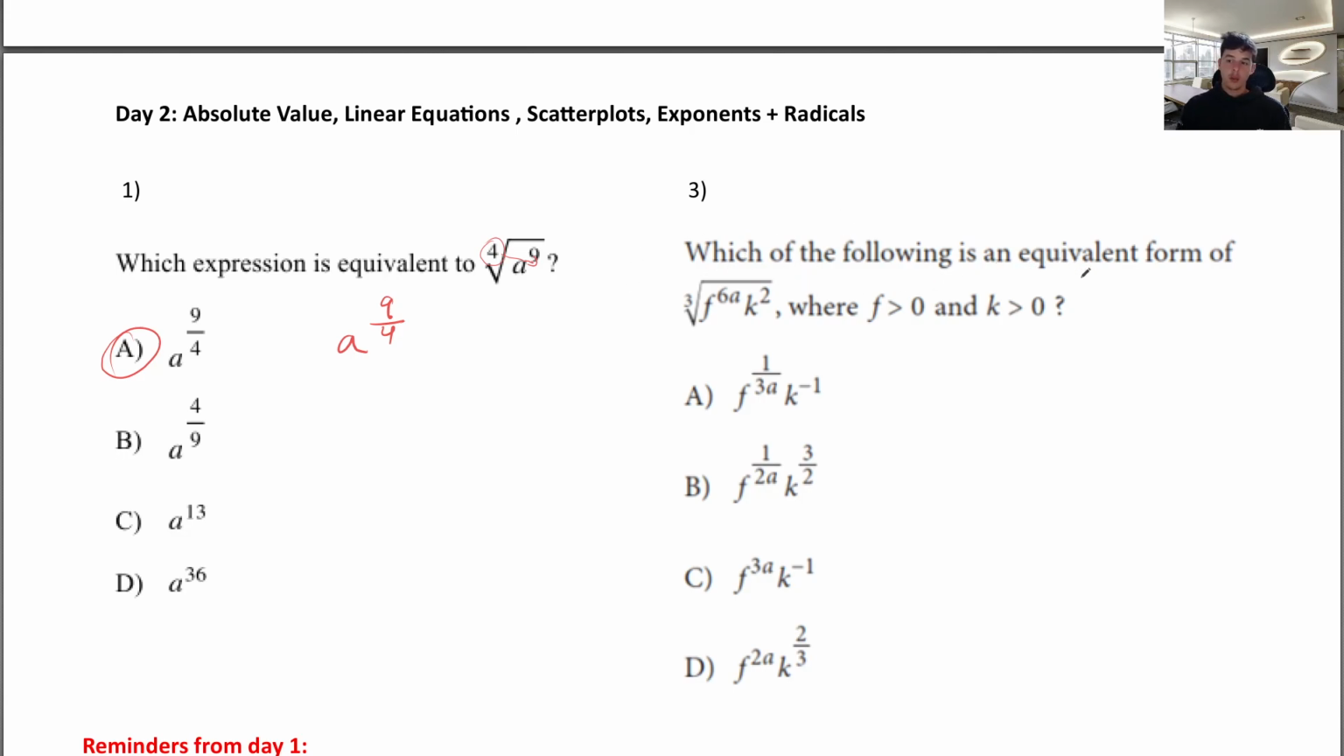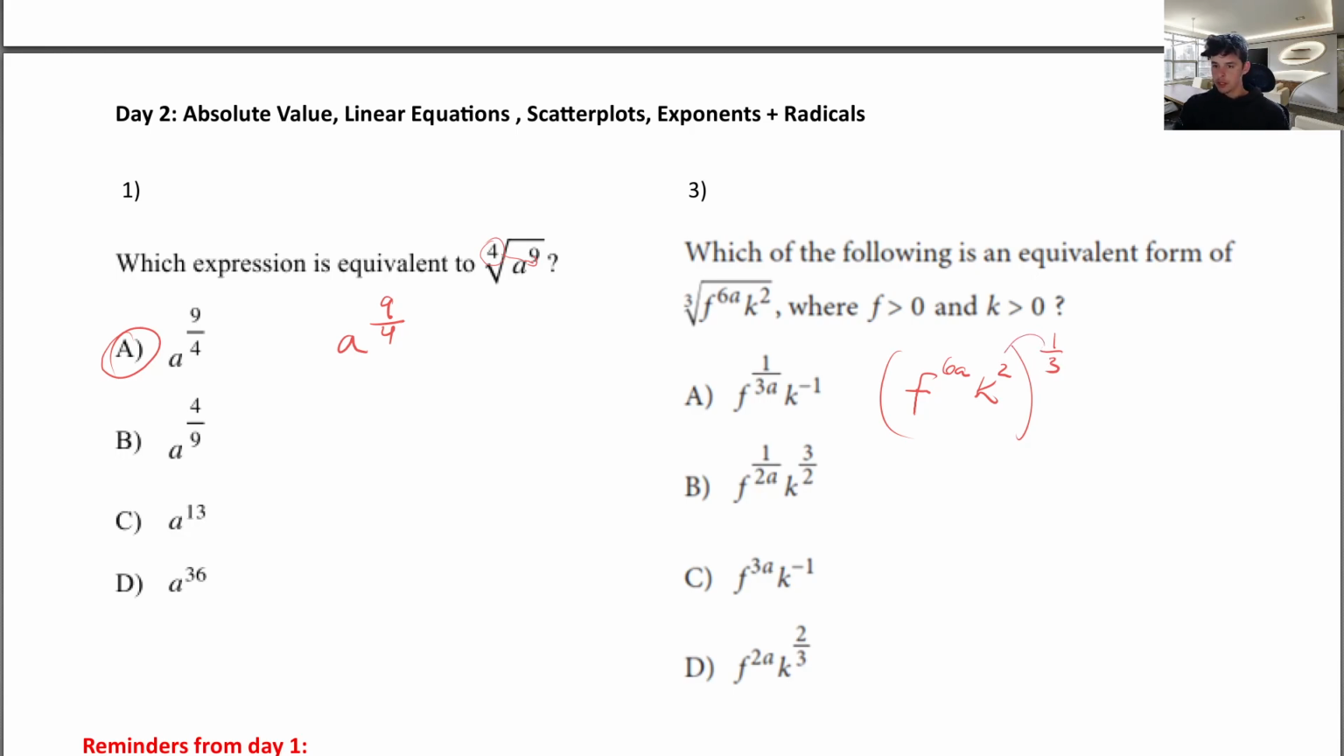Let's do the fourth problem. Which of the following is an equivalent form of the cube root of f to the 6a k squared, where f is greater than 0 and k is also greater than 0? So let's do this. Again, analyzing every single answer. Every single answer is in exponential form. So let's turn this into exponents. So this is f to the 6a k squared to the power of 1/3. And now we can just